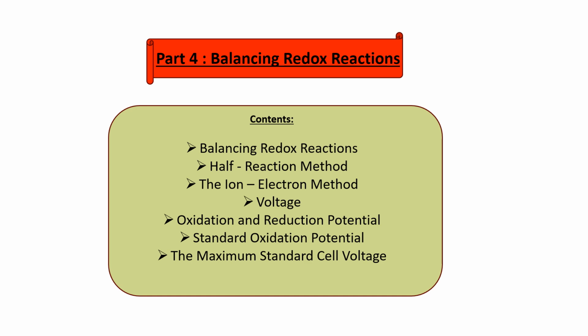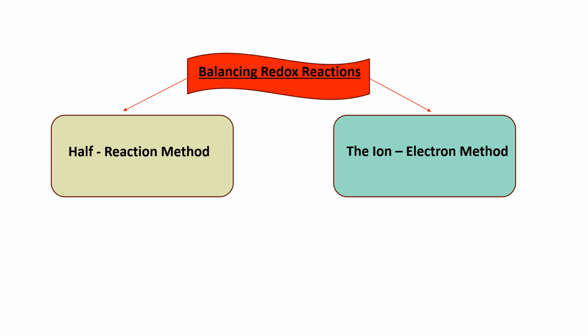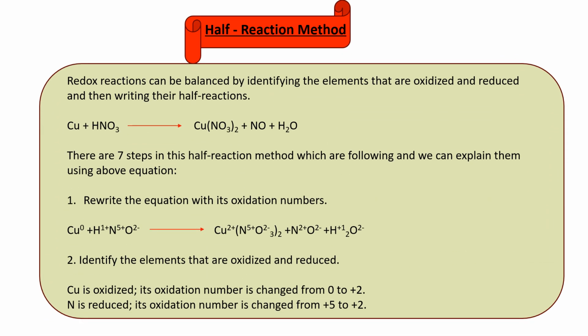In this video, we will learn how to balance redox reactions. For balancing redox reactions, two methods can be used: the half reaction method and the ion electron method. Half reaction method: redox reactions can be balanced by identifying the elements that are oxidized and reduced and then writing their half reactions. Let us consider a reaction where copper reacts with nitric acid and makes copper nitrate, NO and